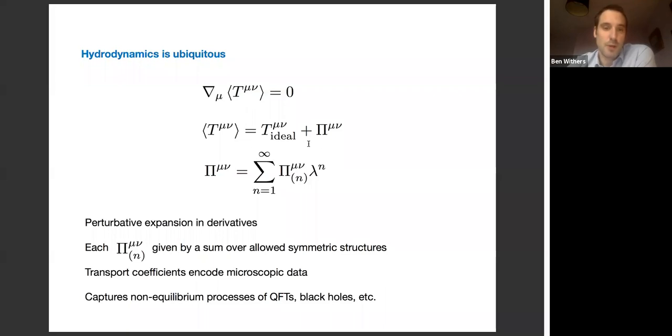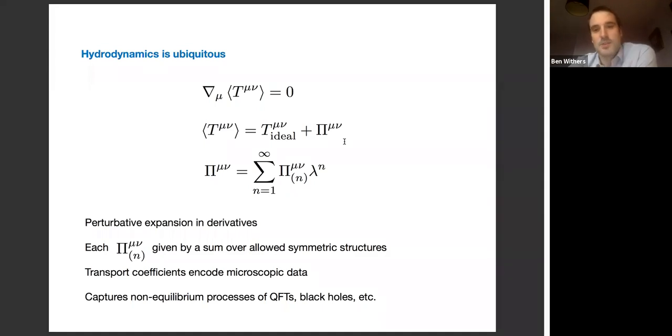The idea is we write down the most general thing we can here, which is consistent with the symmetries that we have in our theory, which might be conformal symmetries, for example. We would like to write this constitutive relation in terms of the hydrodynamic variables. In the conformal case, that would be the temperature and the velocity. You write down every tensor structure that you can think of that is permissible by the symmetries into this object. There are then infinitely many such terms you can write down.